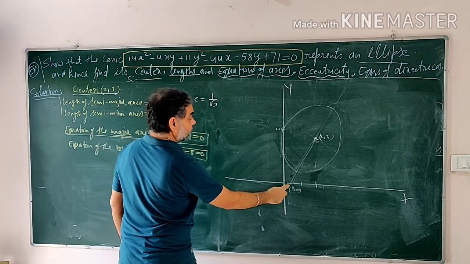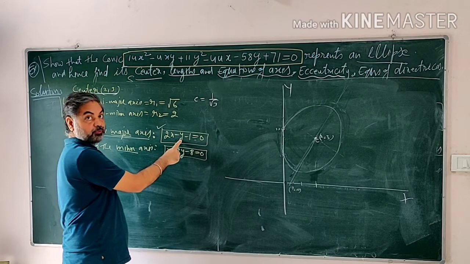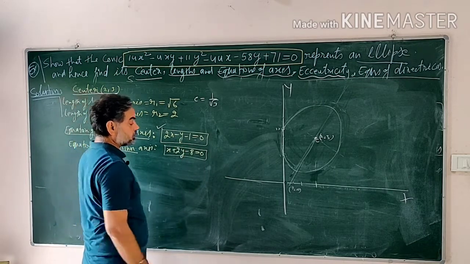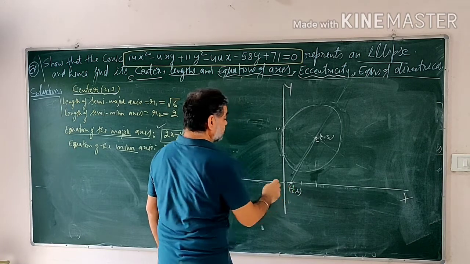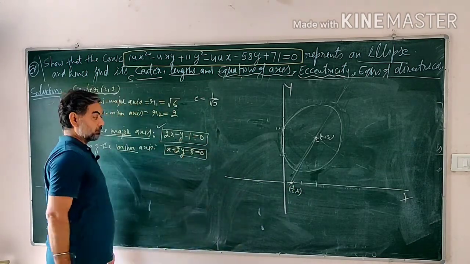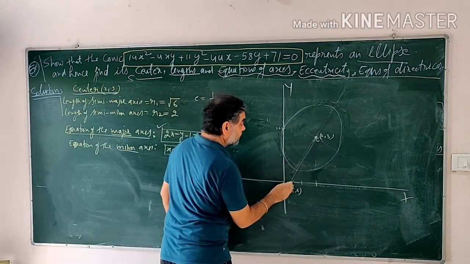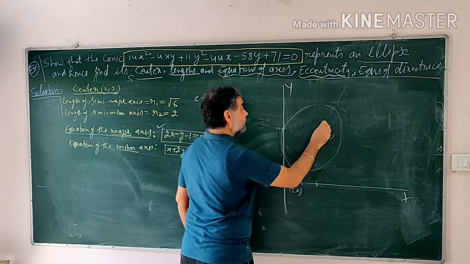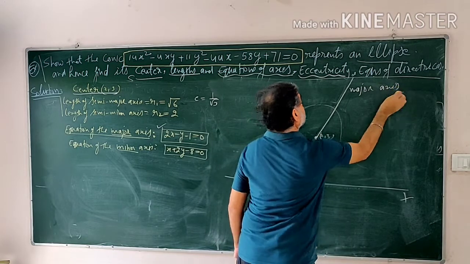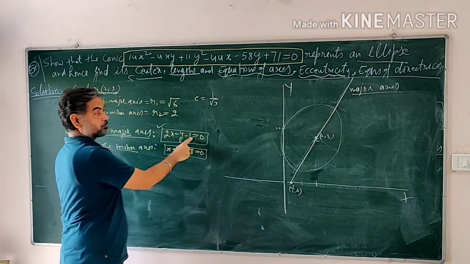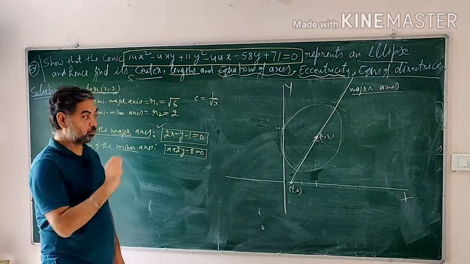So where it meets the x-axis, y is equal to 0. So putting y equal to 0 here, you get x is equal to 1 by 2. So this point 1 by 2 is a point on the x-axis where this line passes and also passes through 2, 3. So you join these 2 points and you get this line. So this line is the major axis. So using the equation of the major axis, first of all you find out the point of the center. The center is 2, 3. You draw that point.